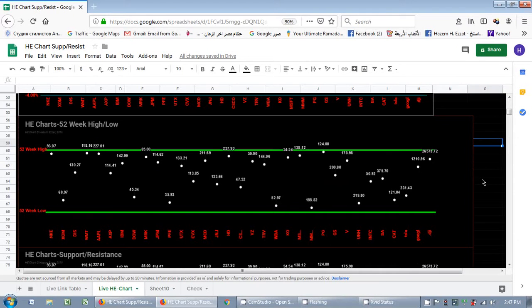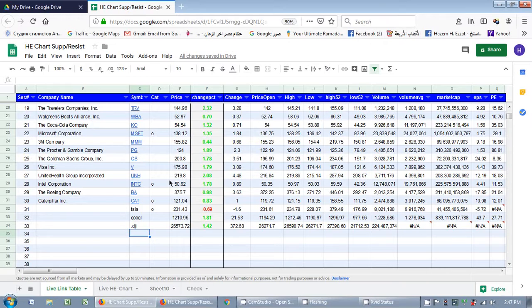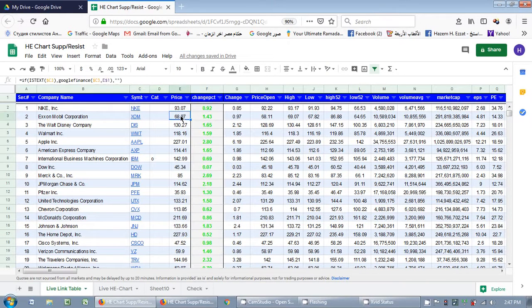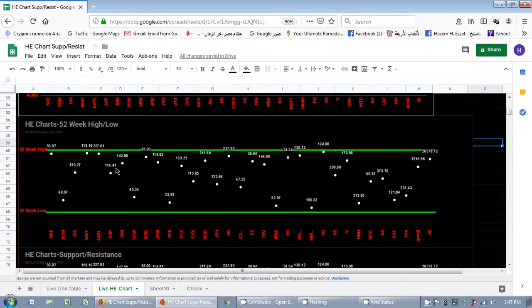Another HE chart is the HE chart 52-year high and low. If we go back to the table and check the prices, and you try to compare the price position with respect to its 52-year high and low for all the stocks, it becomes really strenuous. So what the HE chart 52-year high low does is basically plot the current price relative to its 52-year high and low